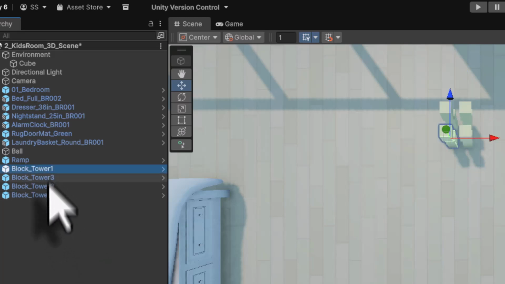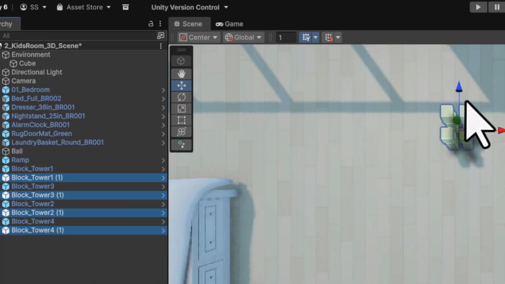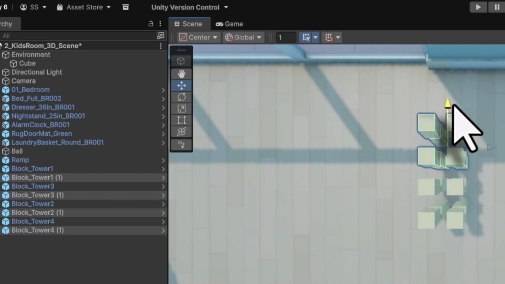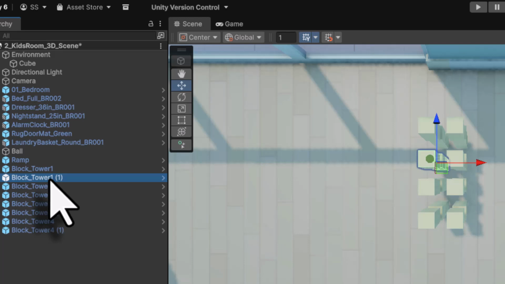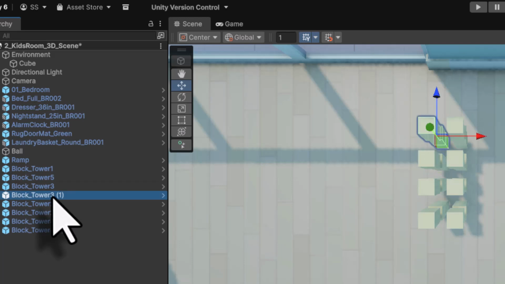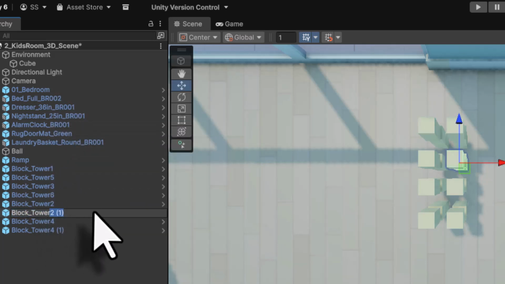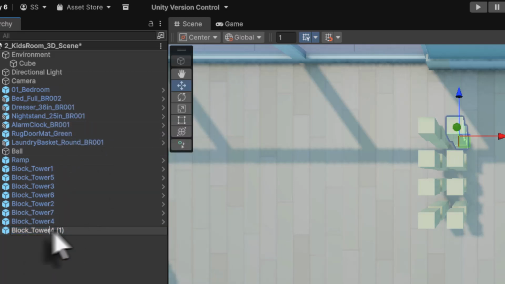Now next I am going to select all the 4, press Ctrl D, and I am going to slightly zoom it out and move it. I will drag it and place it like this, and now press F2 and call this 5. I will call this 3 1, right click rename, and call this 6. I will right click and rename this 2 1 as 7, and right click and rename this 4 1 as